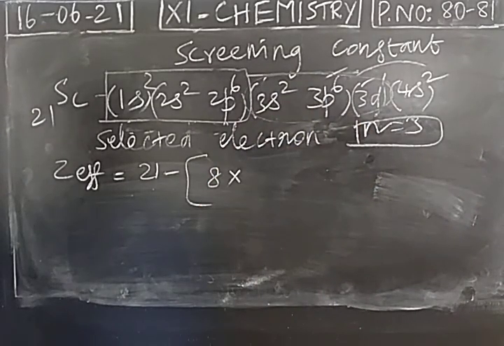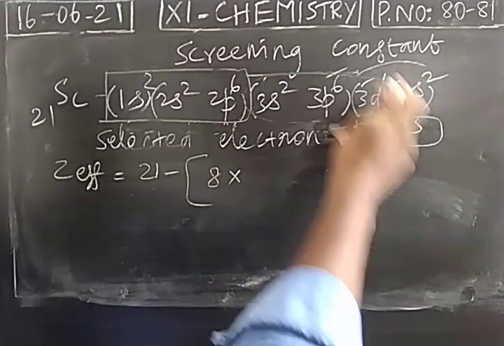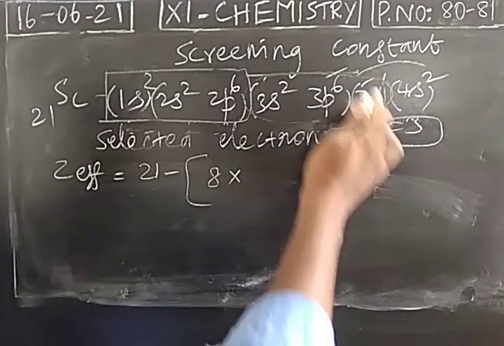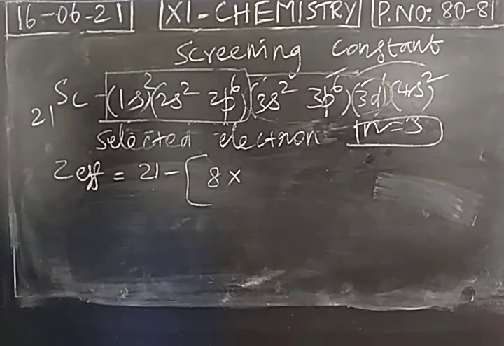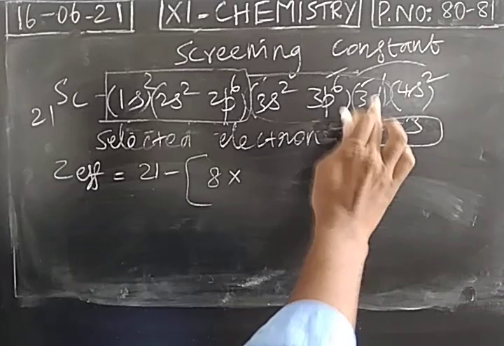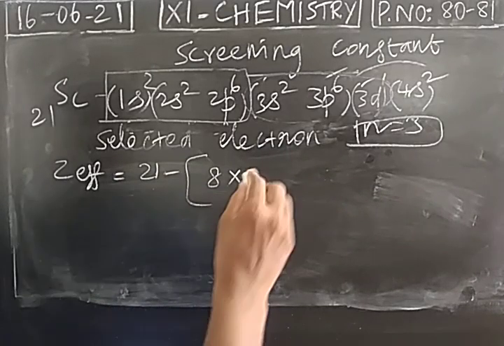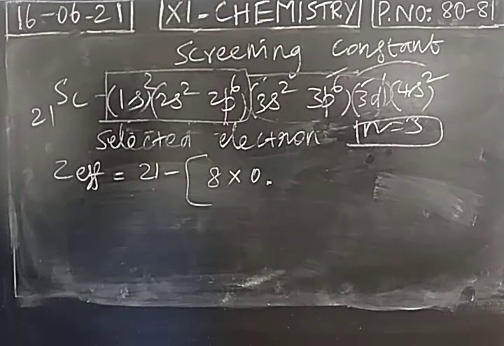Okay. So when you consider the third cell, this is nth cell, third cell, except this 3d electron, we have remaining 8 electrons. Each electron is contributing